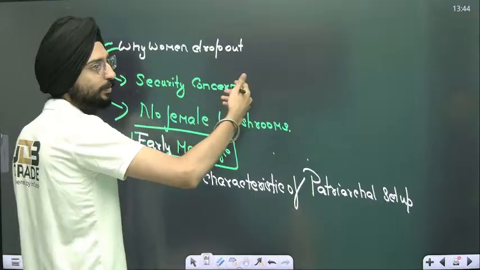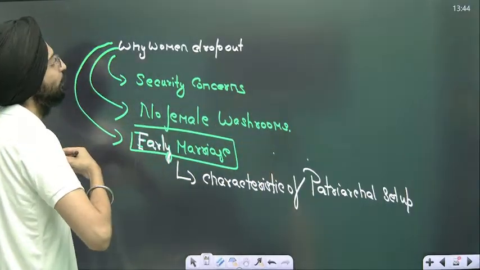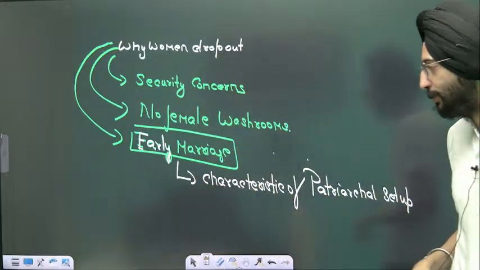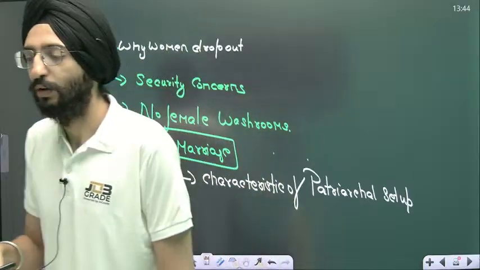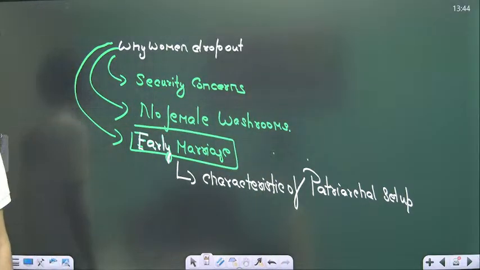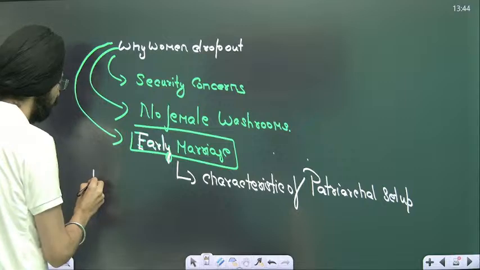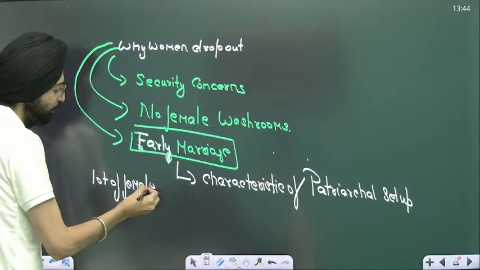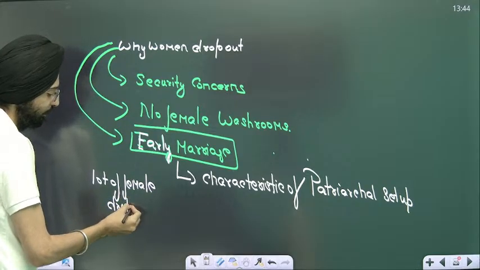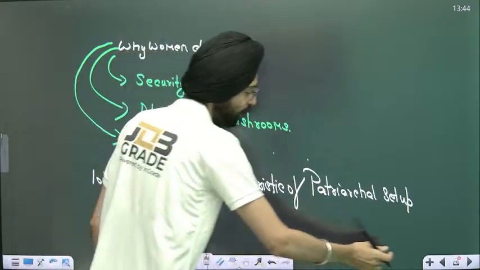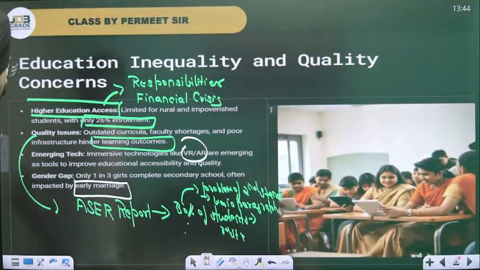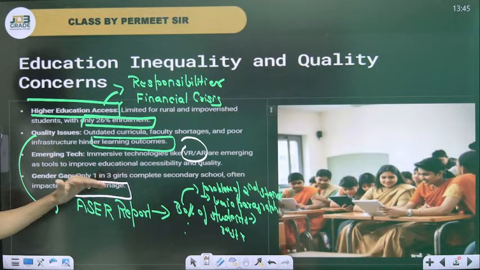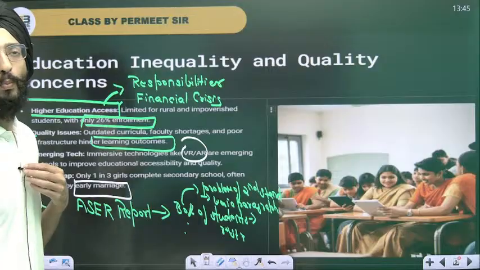So, sir, of course there has been a woman dropout that's been taking place, and that's what it results into, as there has been no substantial thing going on for the woman. That's why there have been a lot of female dropouts. Coming back, only 1 in 3 girls completes secondary school, as there has been an early marriage system, and that's nothing but an epitome of